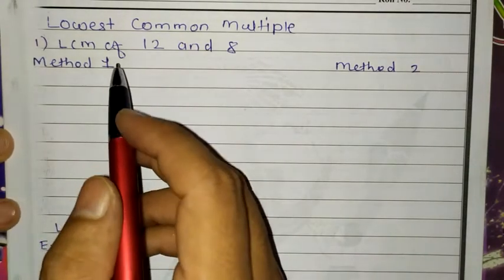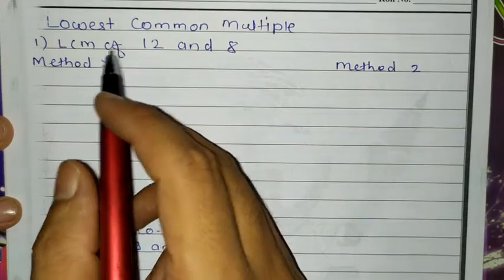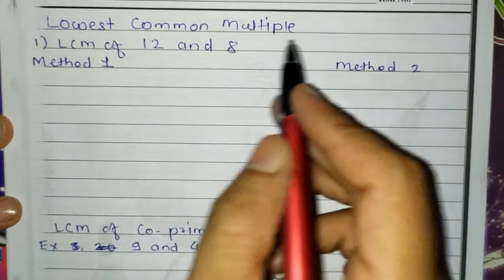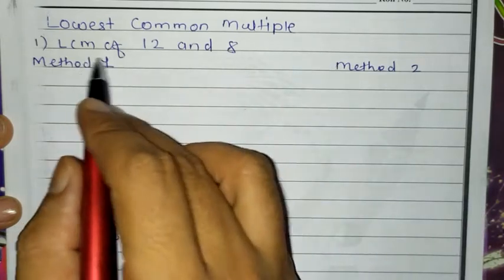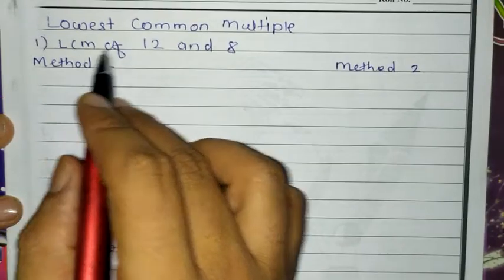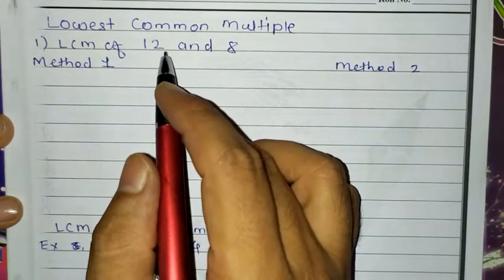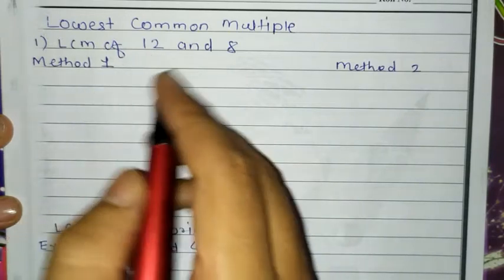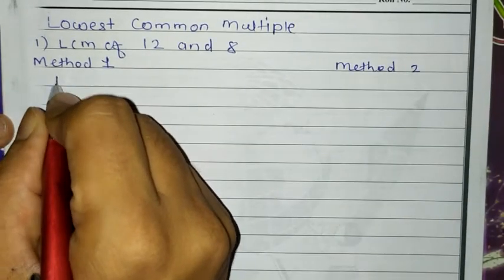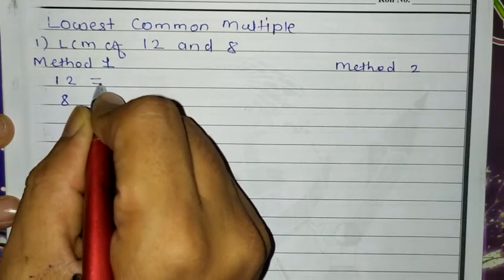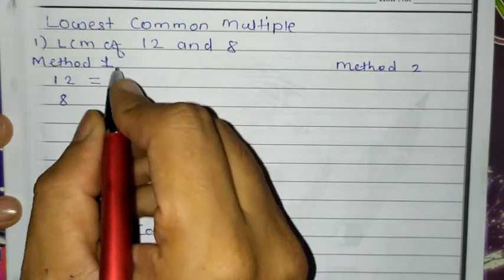In the coming questions you will get numbers, maybe two numbers at a time, or three, but first you should understand what is LCM. So first I directly take the example and then I will tell you the meaning of LCM. If you have the two numbers 12 and 8, you have to take their factors first, as you learned how to get the factors.